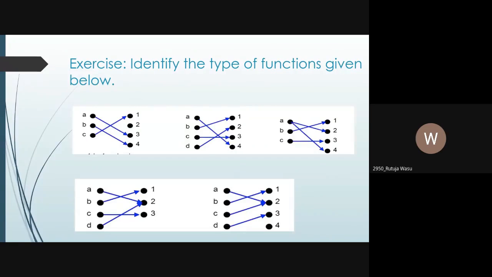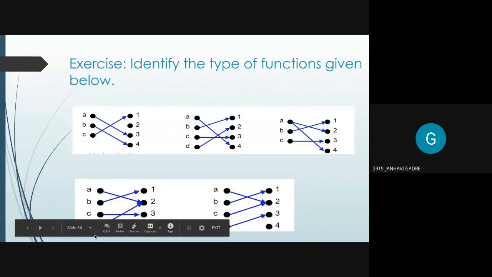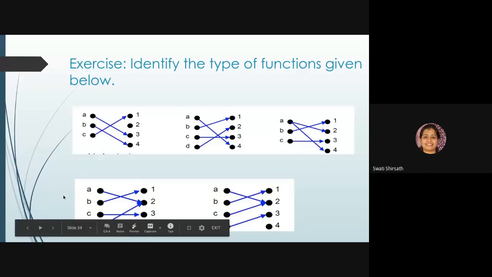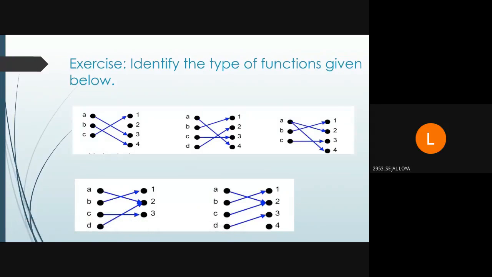Yes, ma'am. Yeah, tell me. First one is one to one function. Yes. Onto, no. Bijective, no. Correct. Second, one to one, onto, bijective. Correct. Means it is one to one also and onto also. So, third, this one, onto. Only onto, right? Yes. This one, bijective? No, it is only onto.